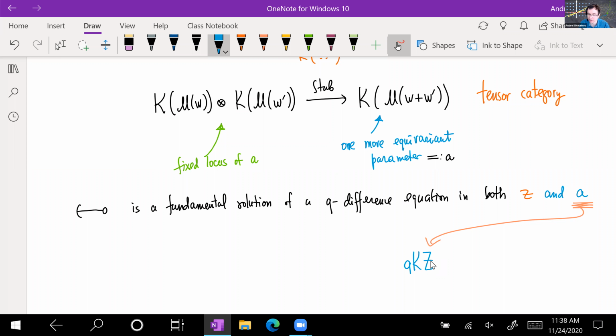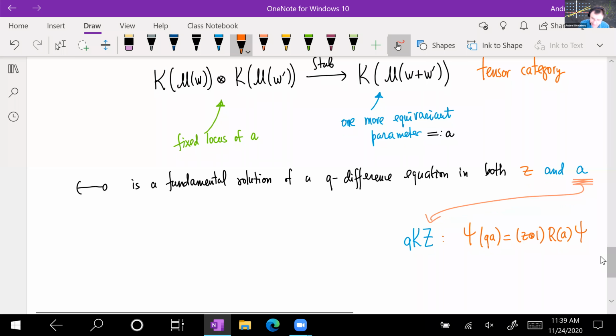Right? So in this particular situation, it's the two tensor factors, and so this means you get an operator of the form psi. Yes, the equation is psi of qA is Z tensor 1 times R1 times the R matrix, this R matrix, the function of A times psi. Okay. And I now claim that this commutation really determines